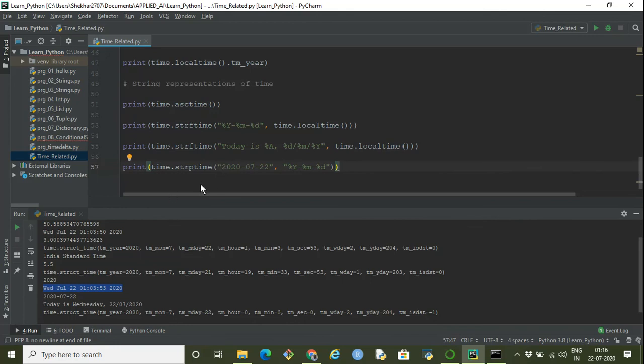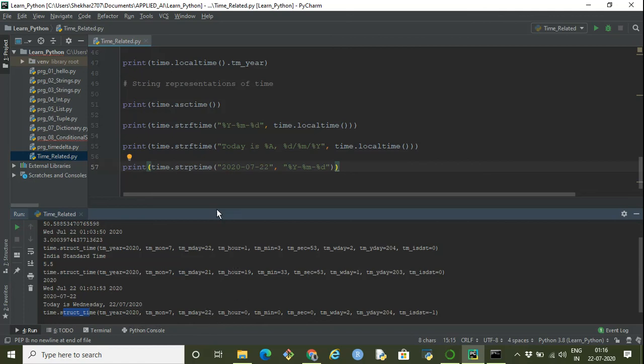What I'm passing to it is the string representation of a date, which is year dash month dash day. And then we have to tell what the format of this is, so I specify %Y dash %m dash %d. It will give me the output in the structured time, which is year, month, and day. Since I have not passed anything else, it will return the other things as 0.